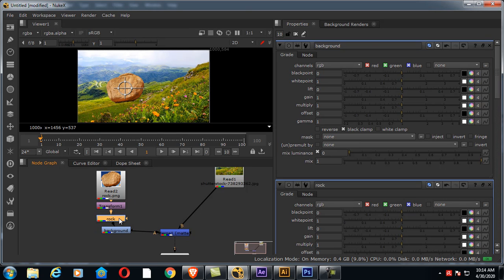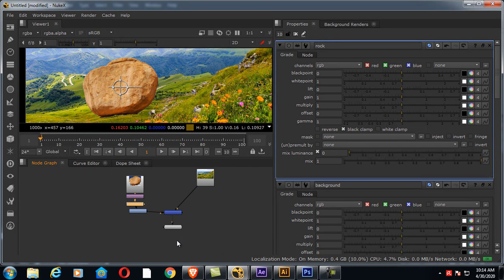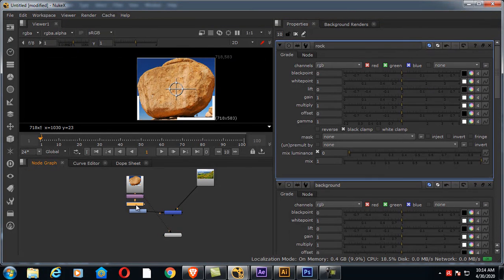Now first of all, double click on the rock grade node. We want to adjust the white point and black point for the same, but with the original. So set the viewer to the original rock, double click on the rock grade node, turn reverse on, and then select the black point region. Set it, so this is the black point region over here, and similar goes for the white point, that is a bright point,